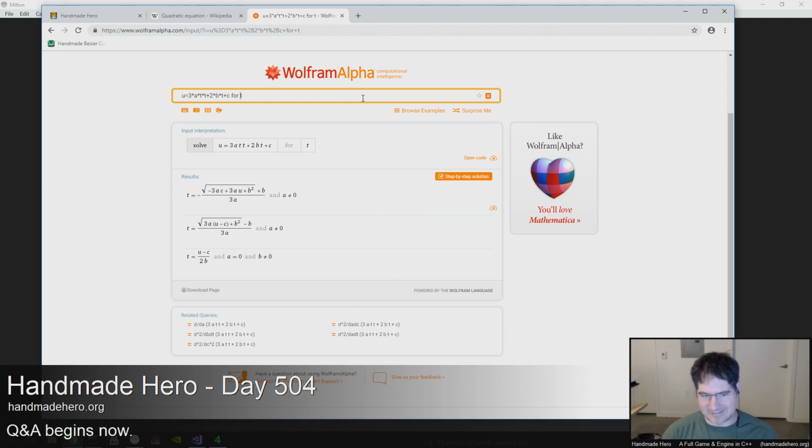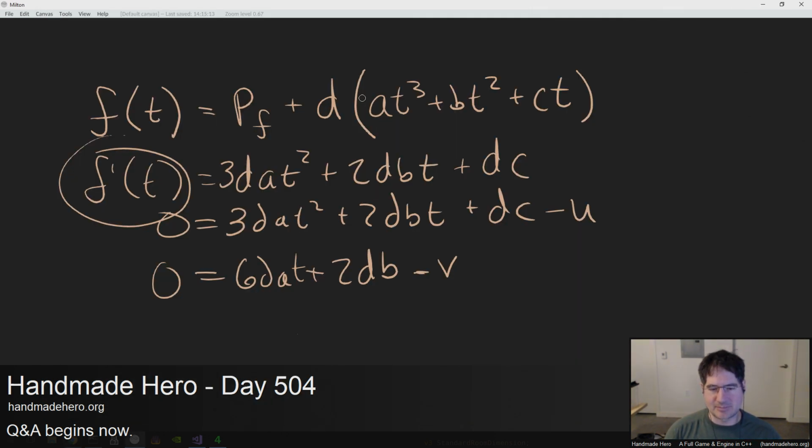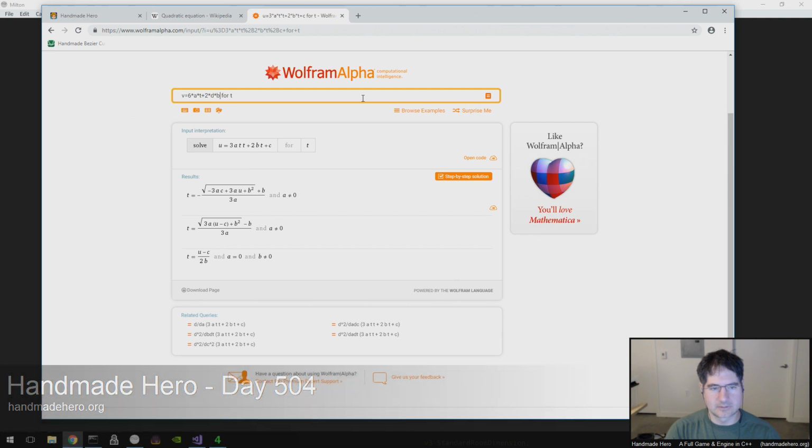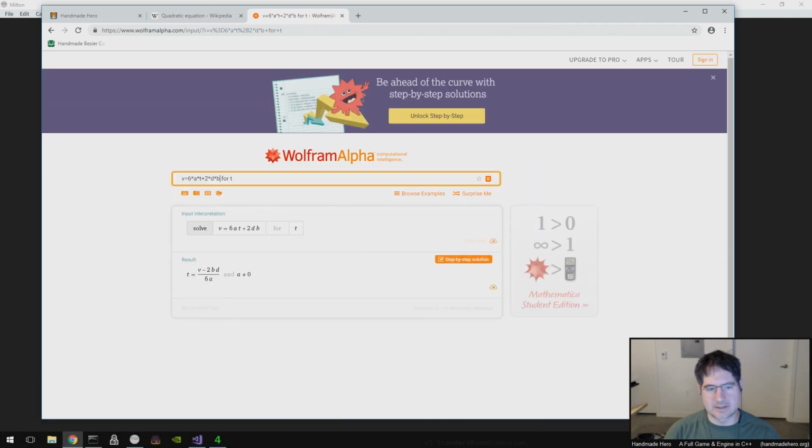It's just a basic quadratic, and you could even solve the acceleration instead, and then it's not even that. So 6dat plus 2db, right? If we just said, okay, so it's v equals 6at plus 2, like that,